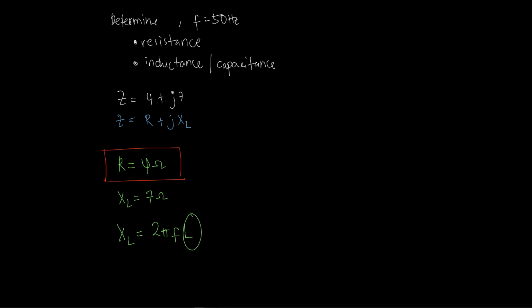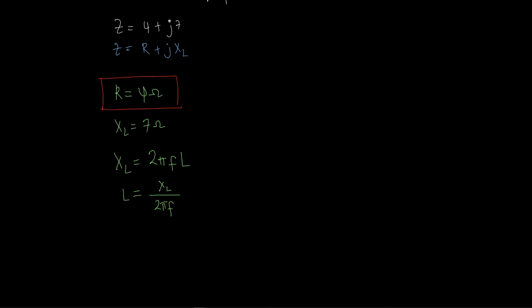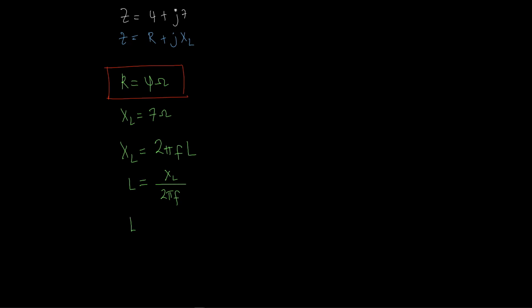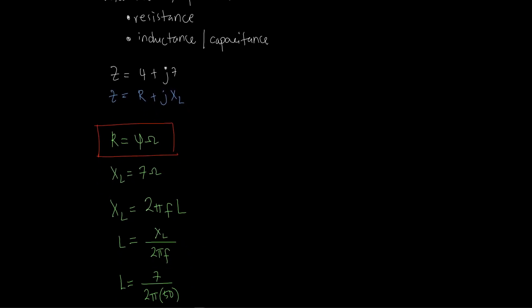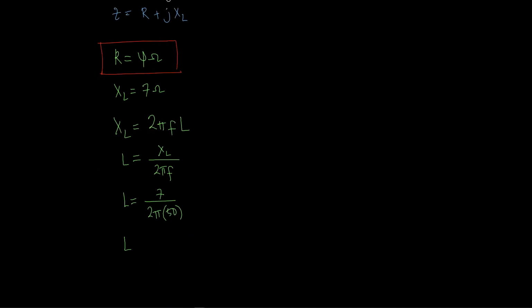O, masolve na to ang L. Na naman tayo F, na tayo XL, so masolve na to ang L. So, L is equal to XL over 2 pi F. Okay? Then, L is equal to XL na to is 7 over 2 pi times the frequency of 50 Hz. Okay, gihatag mo to sa taas. Given 50 Hz. Okay, so we have L is equal to,